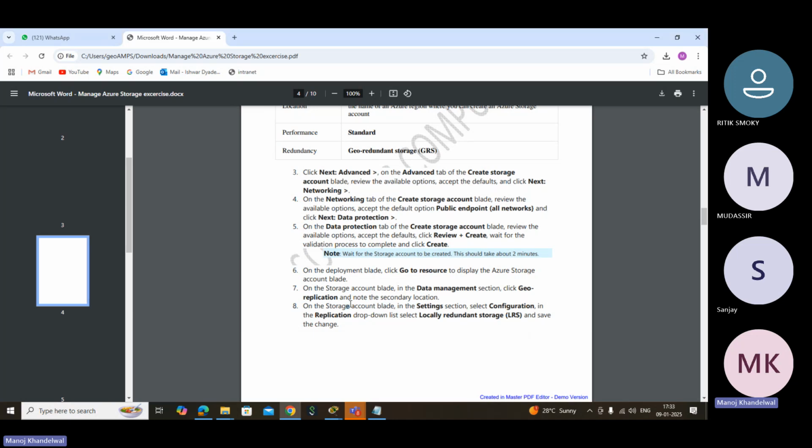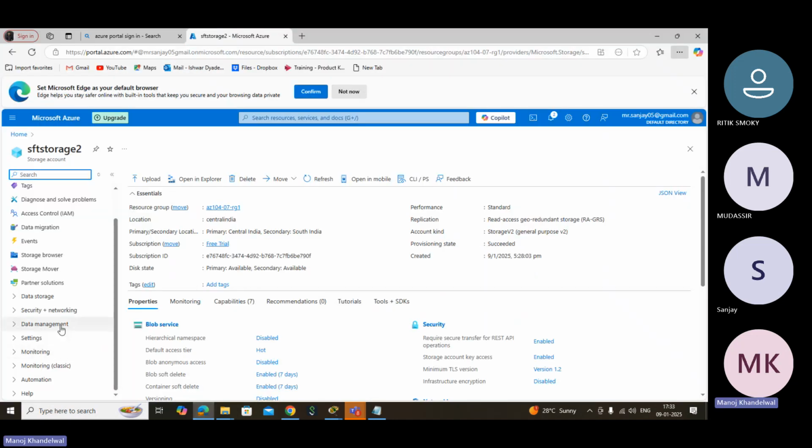Okay, now we go over here and look for where it is storing the secondary region. So we have to hunt for it. Sometimes we don't have the same options. What it's saying, if you see this particular exercise thing,